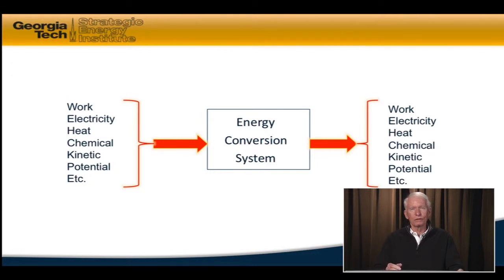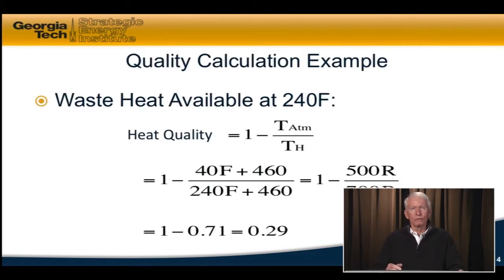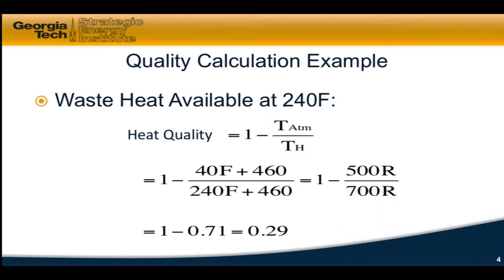And you've seen this before. We went through this example about energy quality, which is inherent in the second law, that we would need to talk about again today, but just showing that example, quickly reviewing it. If we have waste heat or any heat that's available at 240 degrees Fahrenheit, then the quality we can calculate of that thermal energy comes out to be 0.29. That means it has a value per unit of energy of less than 30% of what work at that